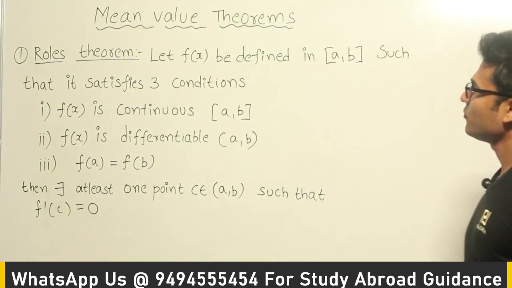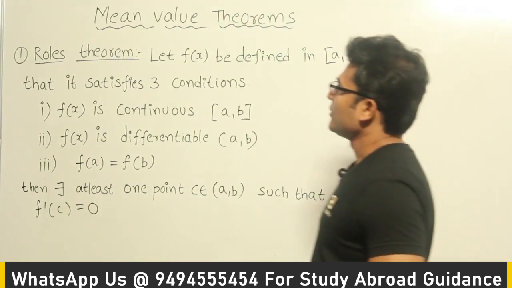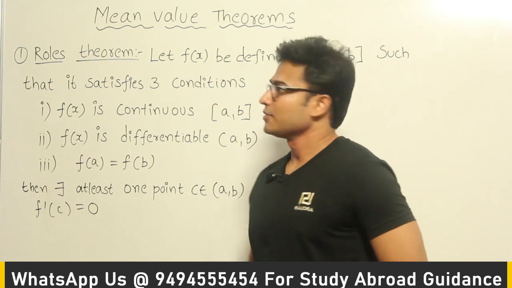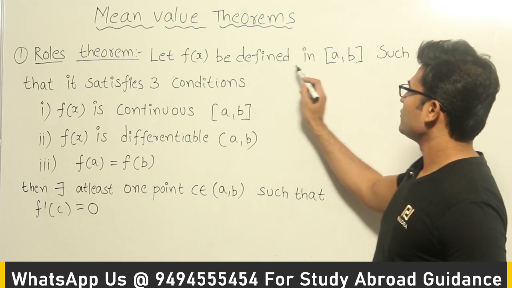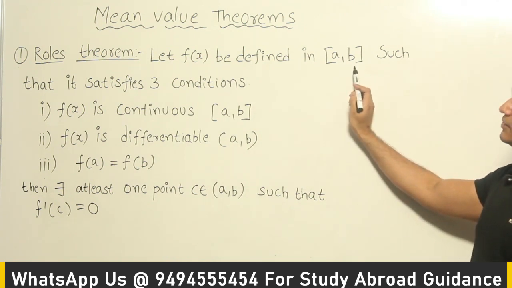Now let's see this topic of mean value theorem. So the first theorem is Rolle's theorem. So I'll read it out and explain it to you. Rolle's theorem says that let f of x be defined in the range a comma b such that it